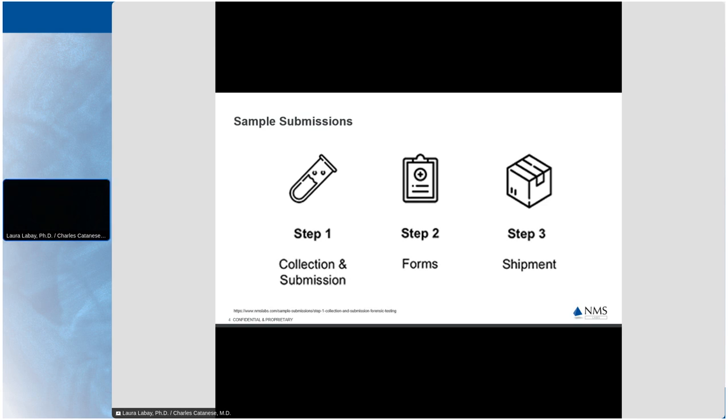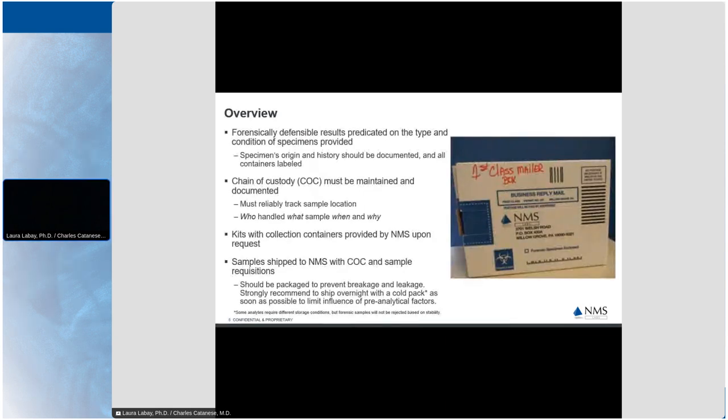Step two, forms need to be completed so that when the samples arrive at the laboratory, the lab can know information about the case and what test codes you would like performed on what matrix types. And then finally, step three is the shipment of samples from your facility to NMS Labs. So to start,